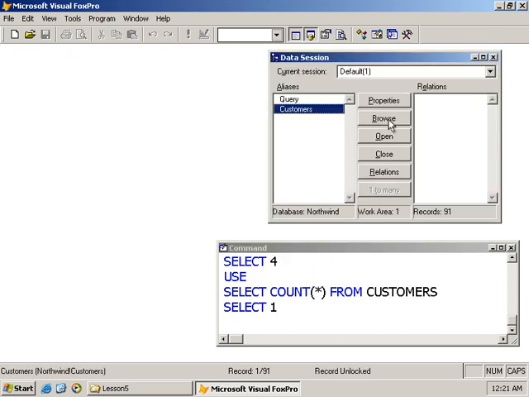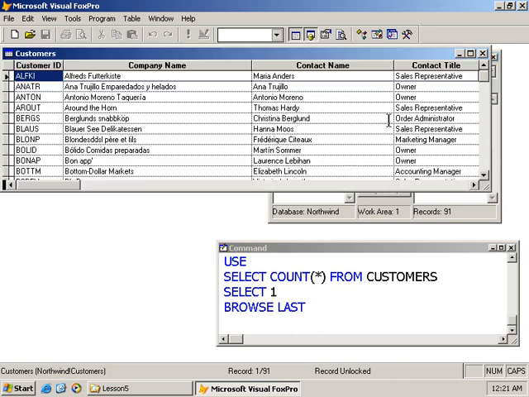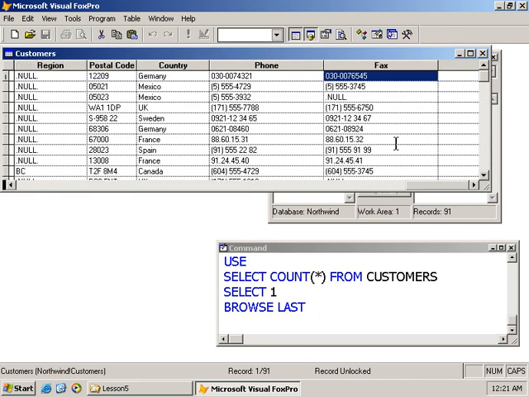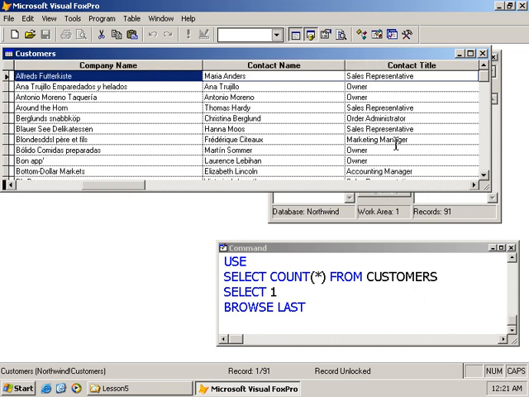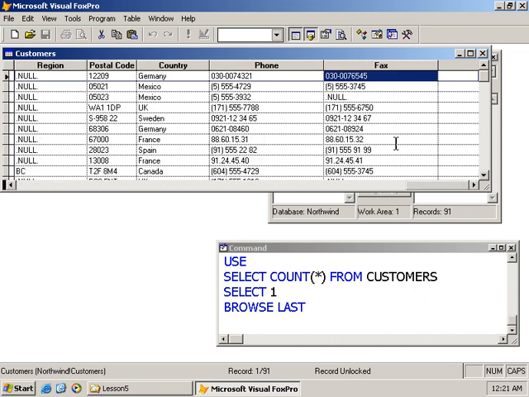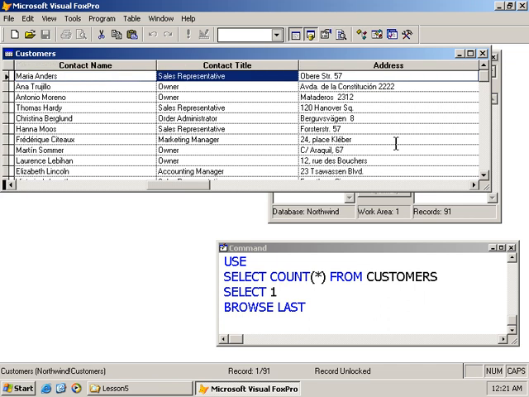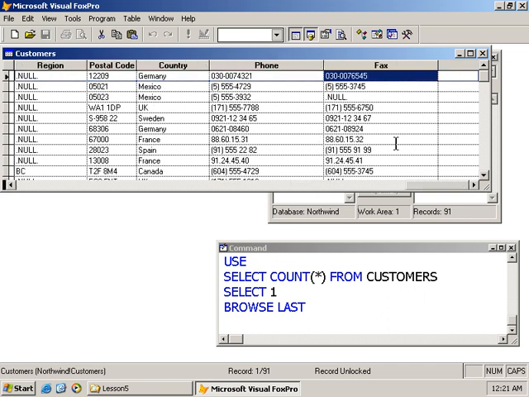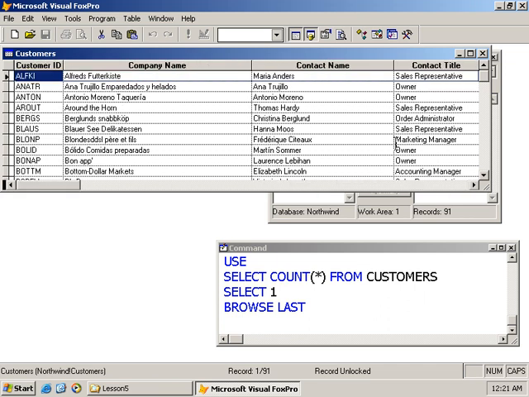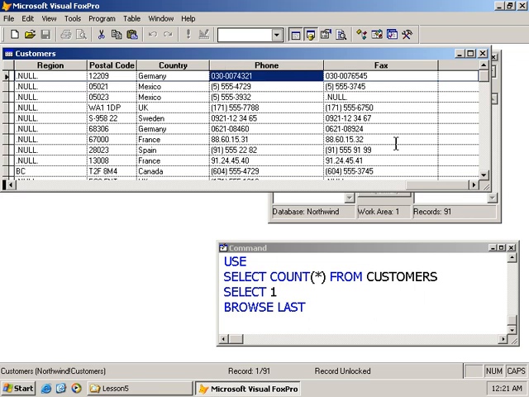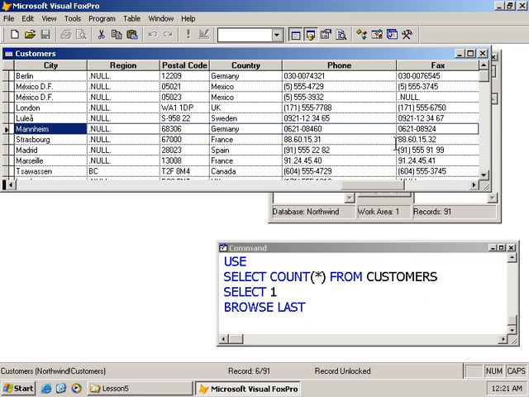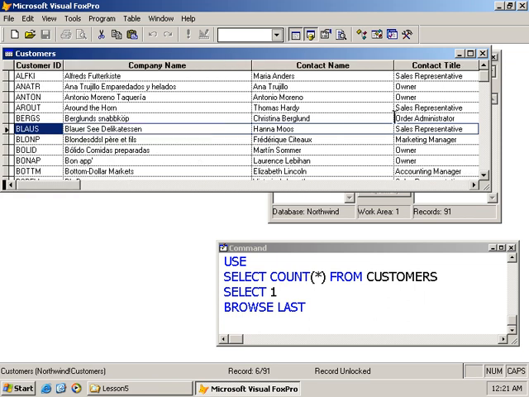Okay, let's browse this again, see what else we can do here. Are there any numeric values in here? Perhaps I could do a sum. Okay, there are no numeric values in here, but if there were numeric values in the table, I could actually perform a sum, a summation, or I could do averages, or in fact I can do max and min. Let's see if we can find another table